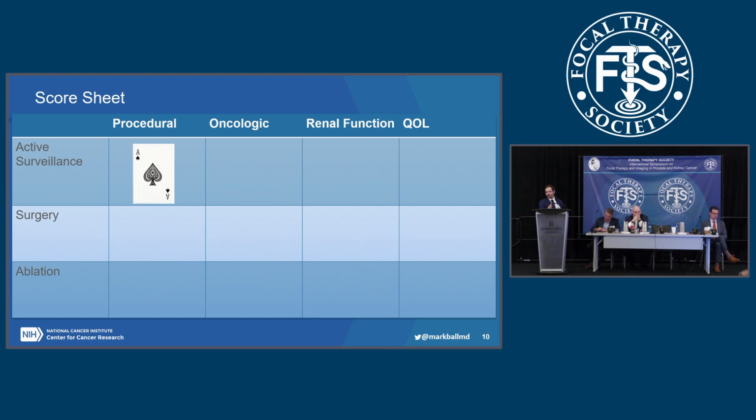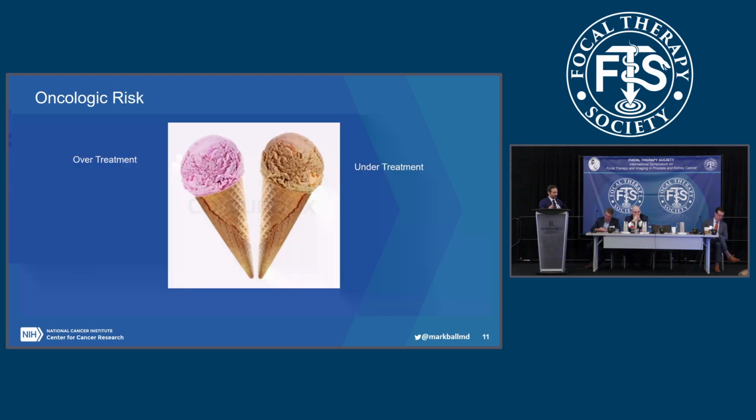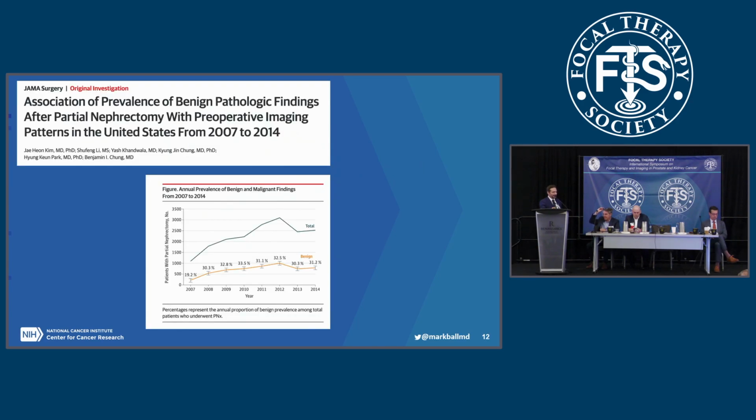But let's get into the meat of the argument here, oncologic risks. Now, when we talk about oncological risk, there's really 2 flavors, and kidney cancer patients with small renal masses are subject to both overtreatment and undertreatment. Well, overtreatment, why is that? That's a problem. Well, we've already heard that 20 to 30% of nephrectomies in this country, in this study, are